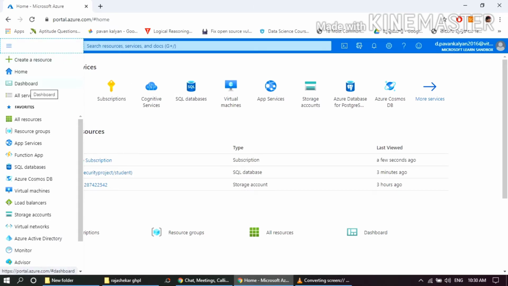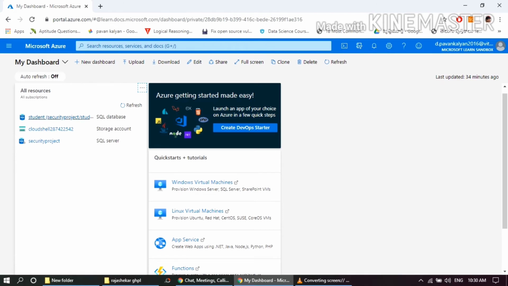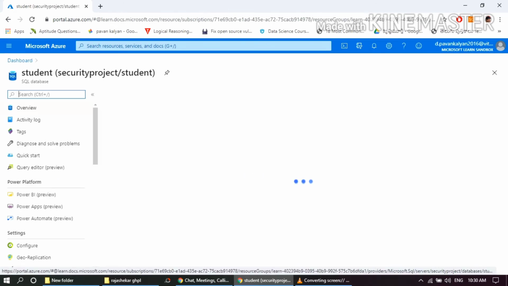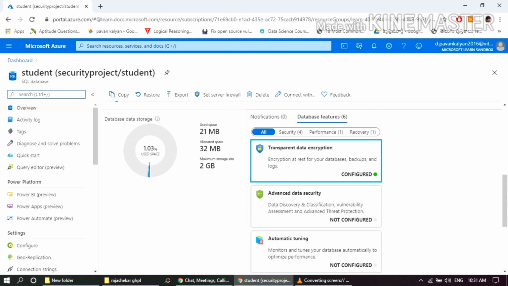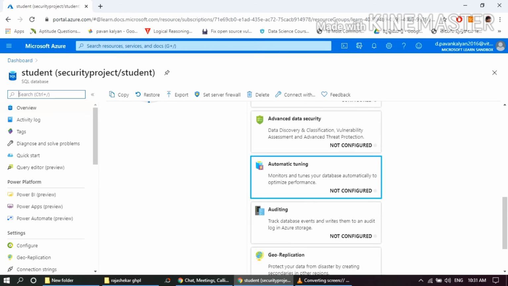Now we will go to the dashboard, and here we will select the logistics, and now we will look at some security elements which are provided by Azure to us. First is data encryption, which is configured by our subscription method, and now advanced data security. Also we will get performance recovery and auditing.